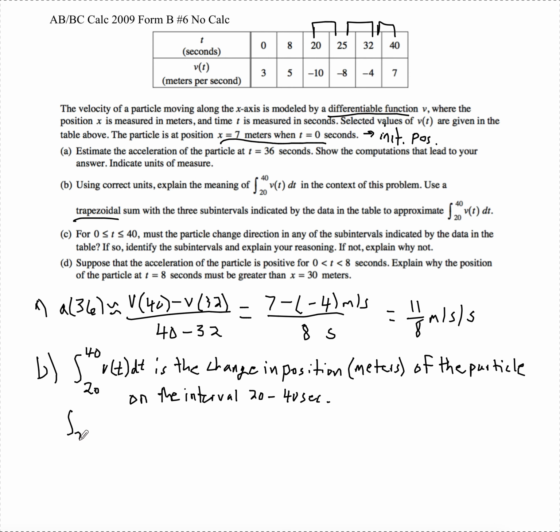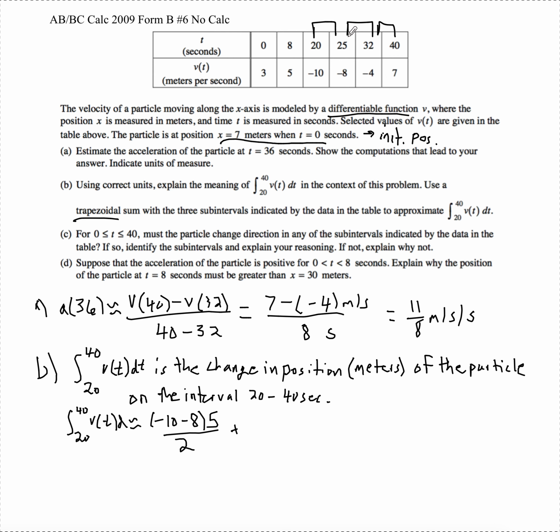So this integral, 20 to 40, that integral is going to be approximately, to do a trapezoidal sum, we look at our first interval, we add together our output values, negative 10 minus 8. We multiply by the delta t or delta x, the width of the interval, which is 5, over 2. Plus,